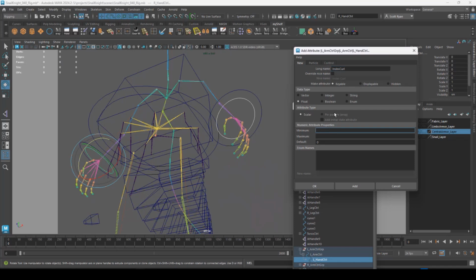Next, I'll tell it how big I want this to be able to go. I can leave it like this and it'll just be infinite, but I want to have a maximum and minimum for each of my finger curls. And just because it curls more inwards than it does outwards, this will need to straighten out a little bit. I'm going to make this from -5 to +10. Negative will be straightening it out, positive will be curling it in. Add